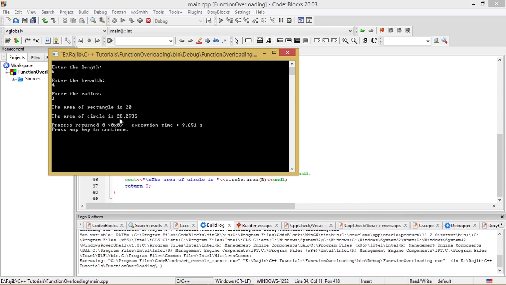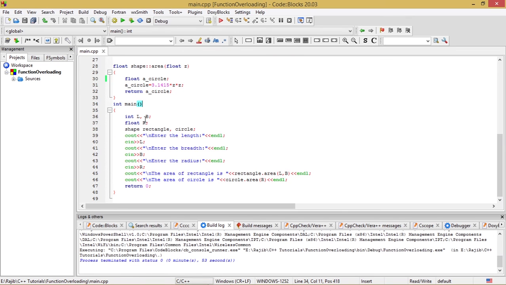That was also good, but that was not precise. So this is the precise calculation, because we have supplied the a underscore circle variable as a float variable, in order to get the exact calculation of the area of the circle from this program.